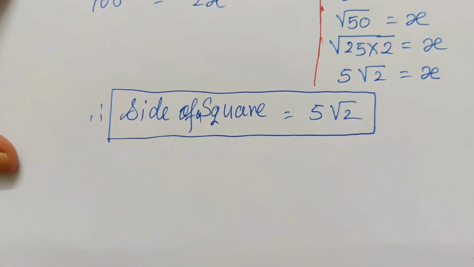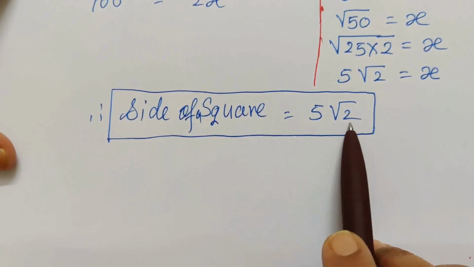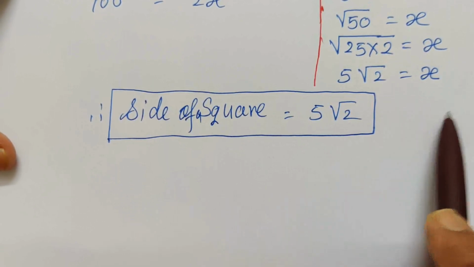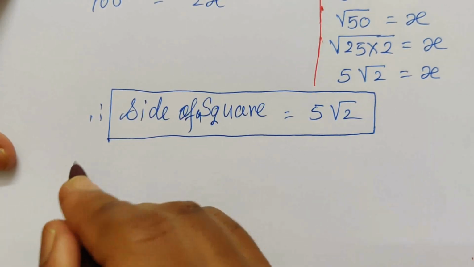But in lower class, 5th standard, you learn the formula to find out the perimeter of a square. Perimeter of square is equal to 4 multiplied by side. Four times you have to add 5 root 2 plus 5 root 2 plus 5 root 2 plus 5 root 2. But we have a formula to find out the perimeter of a square, that is 4 multiplied by side. So we'll use the formula.